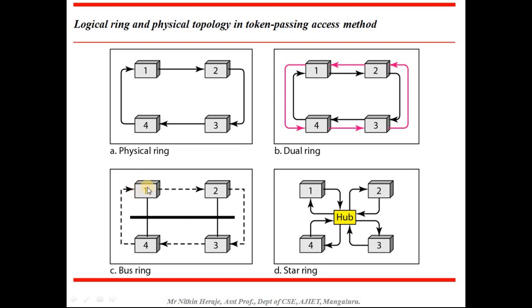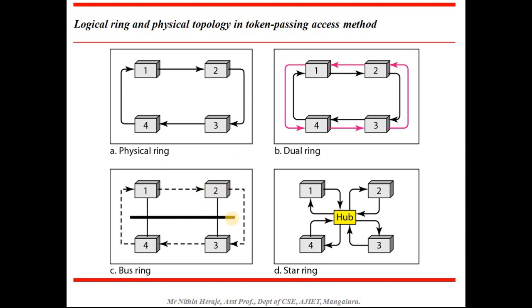Say for example 1 has the token and it has no data to send from station 1 to other stations. Then it will send the token towards the next successor, that is station 2. So the token passes this way and reaches station 2. In case station 2 wants to send any data, it holds the token packet and sends the data wherever intended. For example, it wants to send it to 4, so the data will be sent to station 4 and the acknowledgement is received back from station 4.